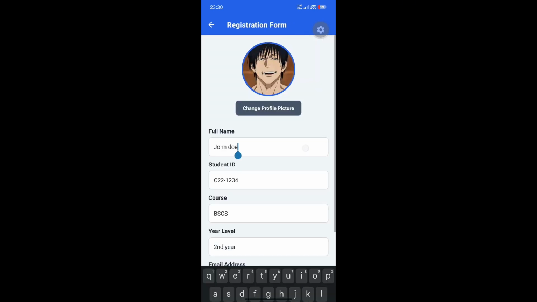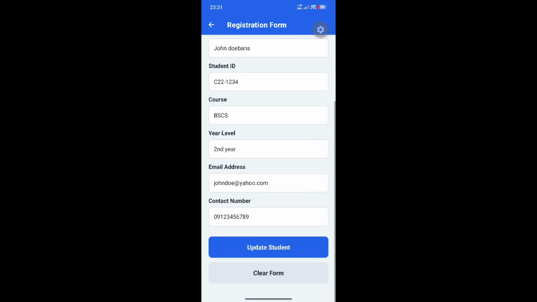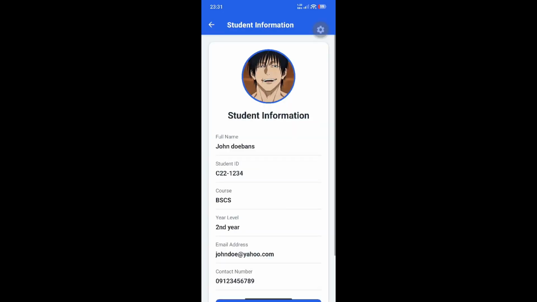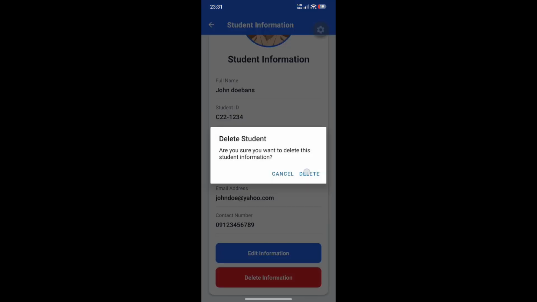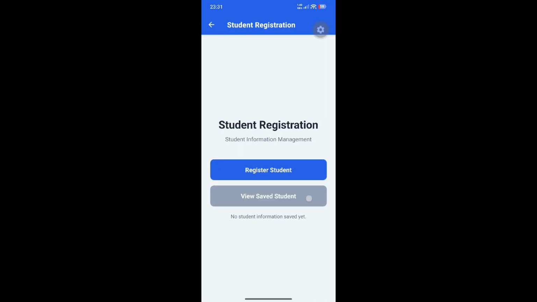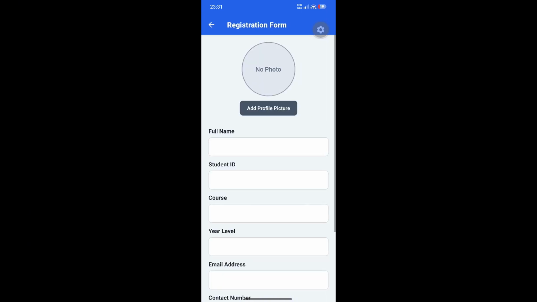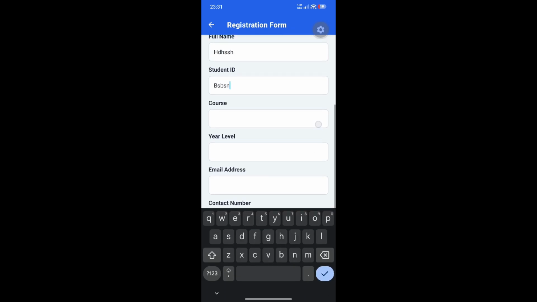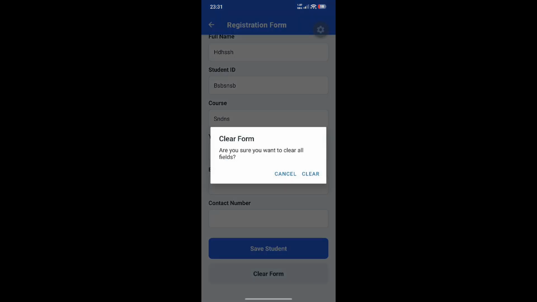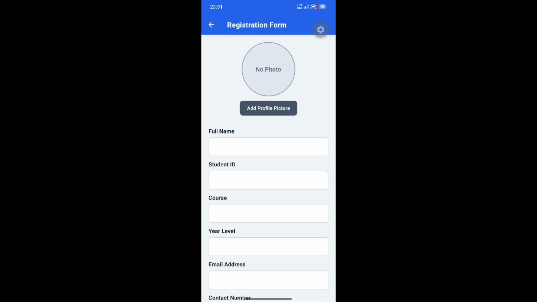You are able to edit, and yeah, it's updated. And if you want to delete the information, it will be gone. So when you want to register the student, and type here for the clear form. If you want to clear the form, it will erase the